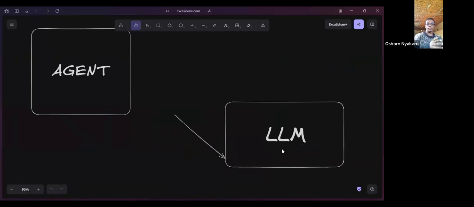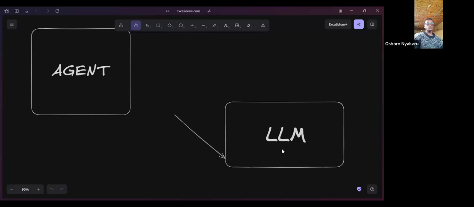The large language model allows reasoning and intelligence for that agent. An agent with an LLM is basically almost a chatbot.